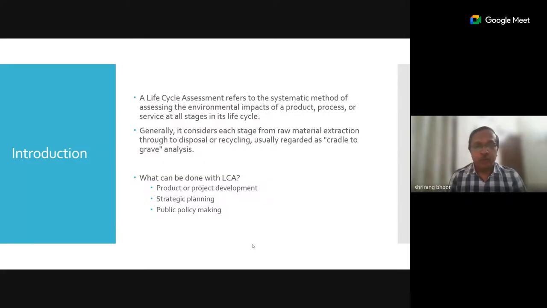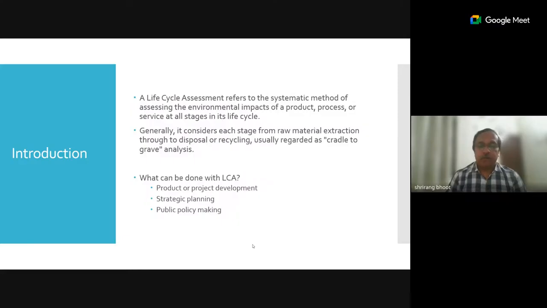So everybody knows now that life cycle assessment refers to the systemic method of assessing the environmental impacts of a product, of a process, of a service at all stages of its life cycle. So life cycle analysis can be from cradle to grave, that is from start till end, or it can also be from gate to gate. We can limit the scope of assessment, because if you want to do a cradle to grave analysis, it has a huge network of PCRs involved in it.